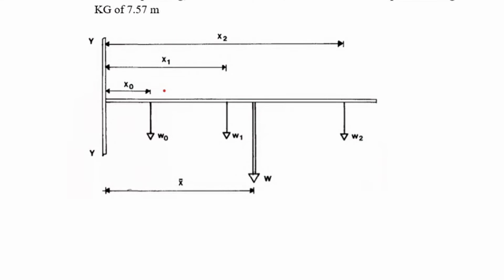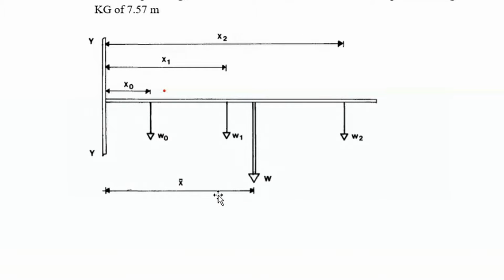Now, this is very basic engineering mechanics you have probably done for your JE or in the first year. Suppose there are a lot of weights acting like this. There is a weight W0, W1, W2. Three weights are acting at positions X0, X1 and X2. So there are three weights acting at three different positions. Now you will know that there is a center of gravity for the system which will act at some point.